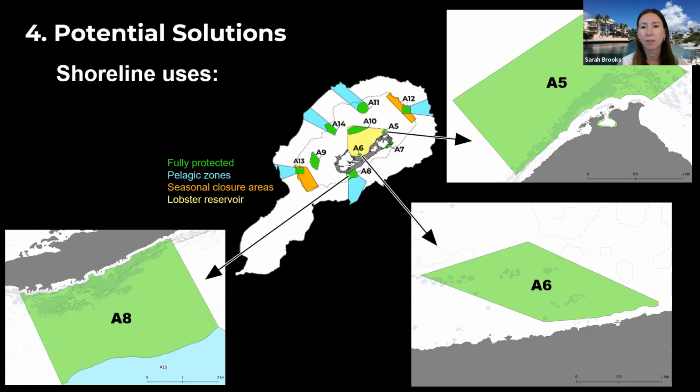Now, there are other ways that this solution could be modified. So the boundaries could be made simpler and straighter so that it's easier to enforce. There's also another option that instead of removing protection entirely from the shoreline, it could be replaced with a buffer of a lower level of protection. And this might make sense given that it would be in such close proximity to a fully protected MPA and therefore to ecologically valuable habitat that it might make sense for that buffer to have some restrictions without limiting them